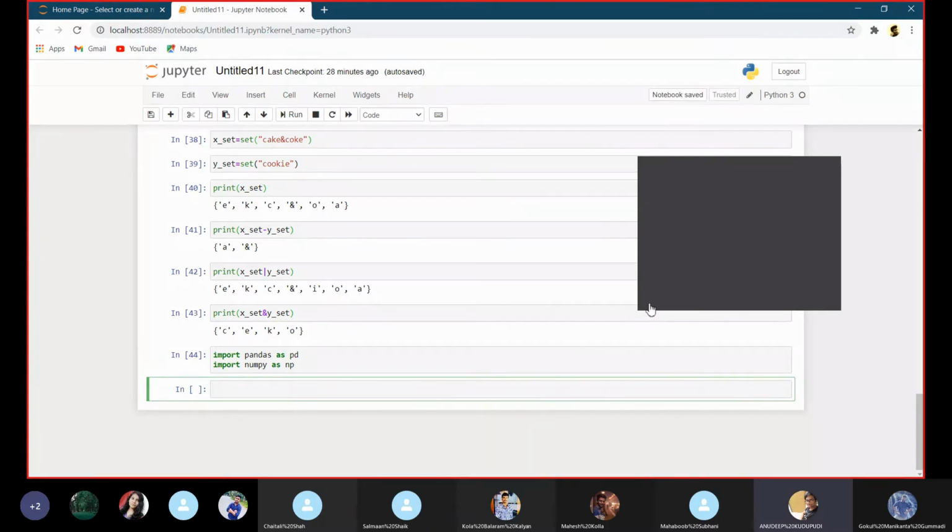So let's look at the data frame. To create a data frame, let us first create a list. After creating a list, we can convert it into a data frame.